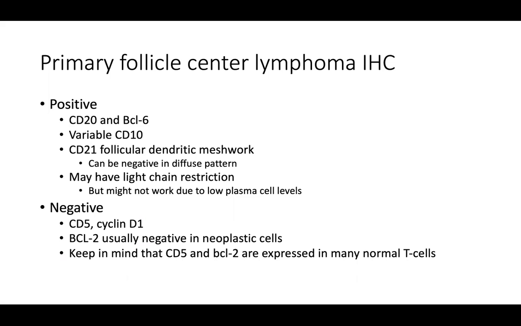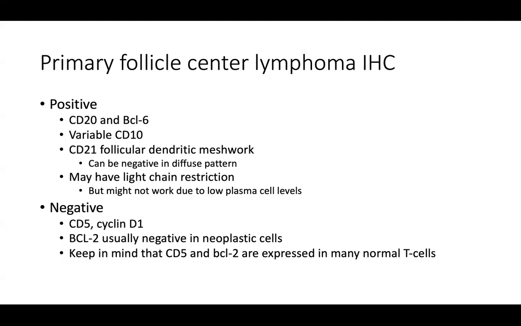You can have variable CD10. The CD21 follicular dendritic meshwork can be negative in the diffuse pattern. Remember that the CD21 follicular dendritic meshwork in reactive lymphoid hyperplasia is going to be pretty well organized, and you're